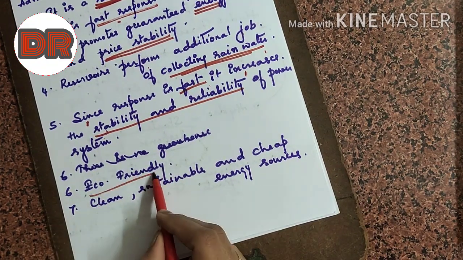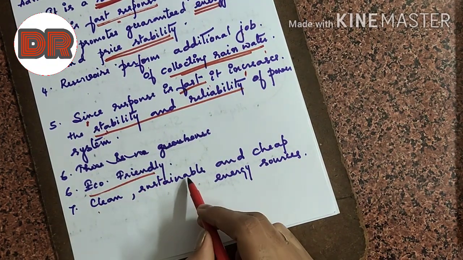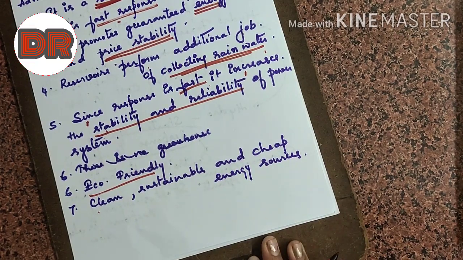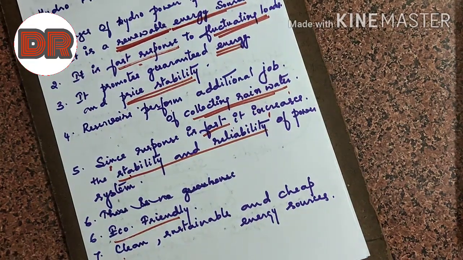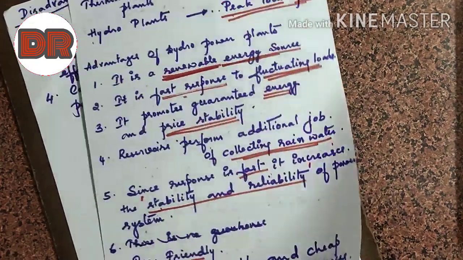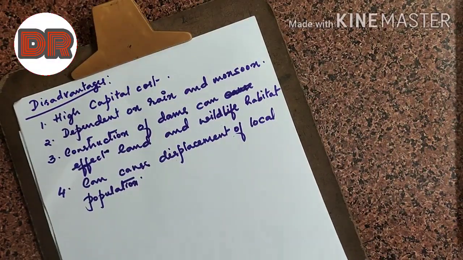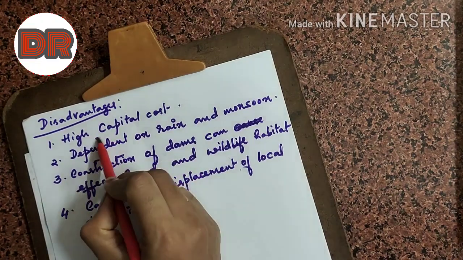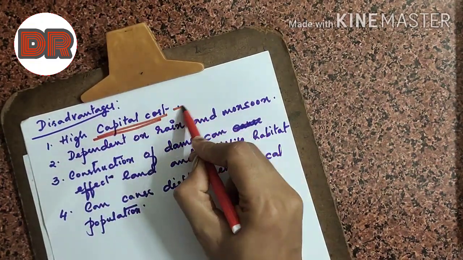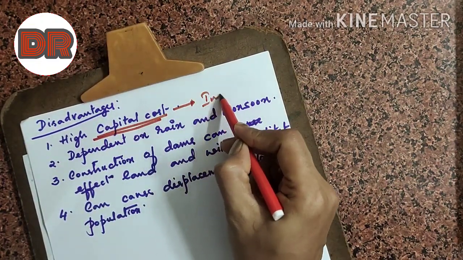And it is an eco-friendly, clean, sustainable and cheap energy source. The hydropower plants also have a few disadvantages. So, let us see what the disadvantages are. The capital cost is very high, or you can say the initial cost is very high,